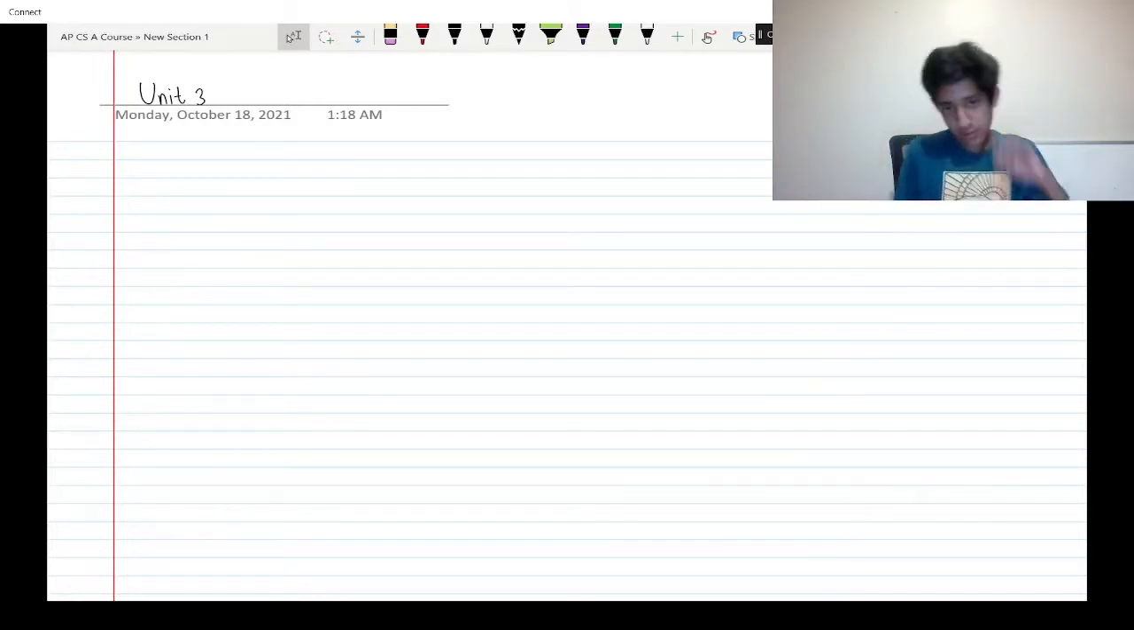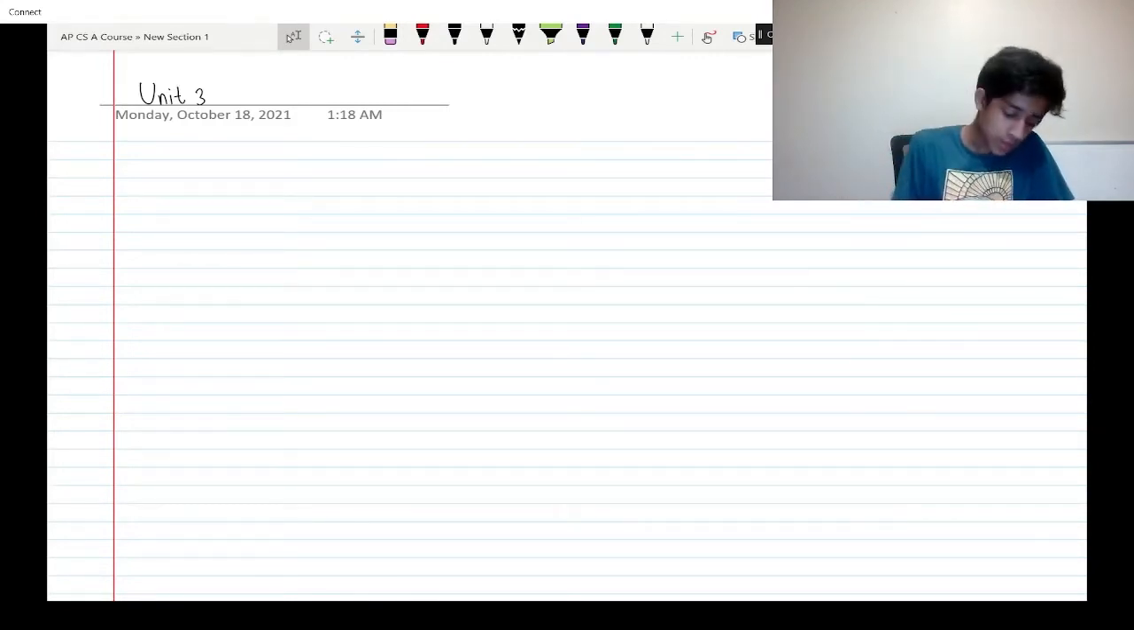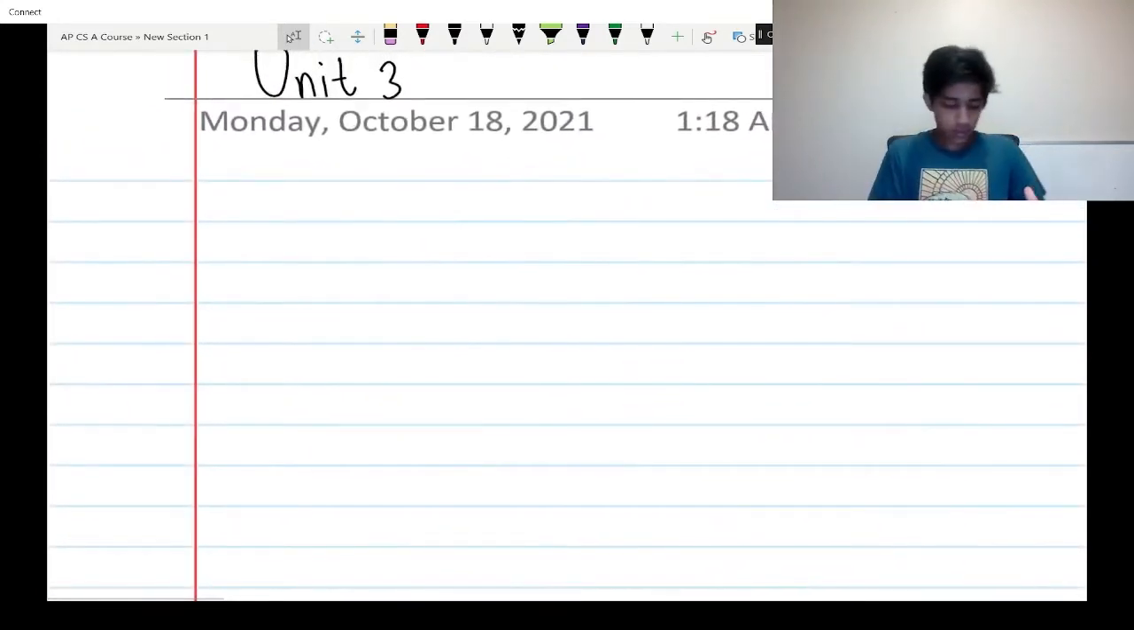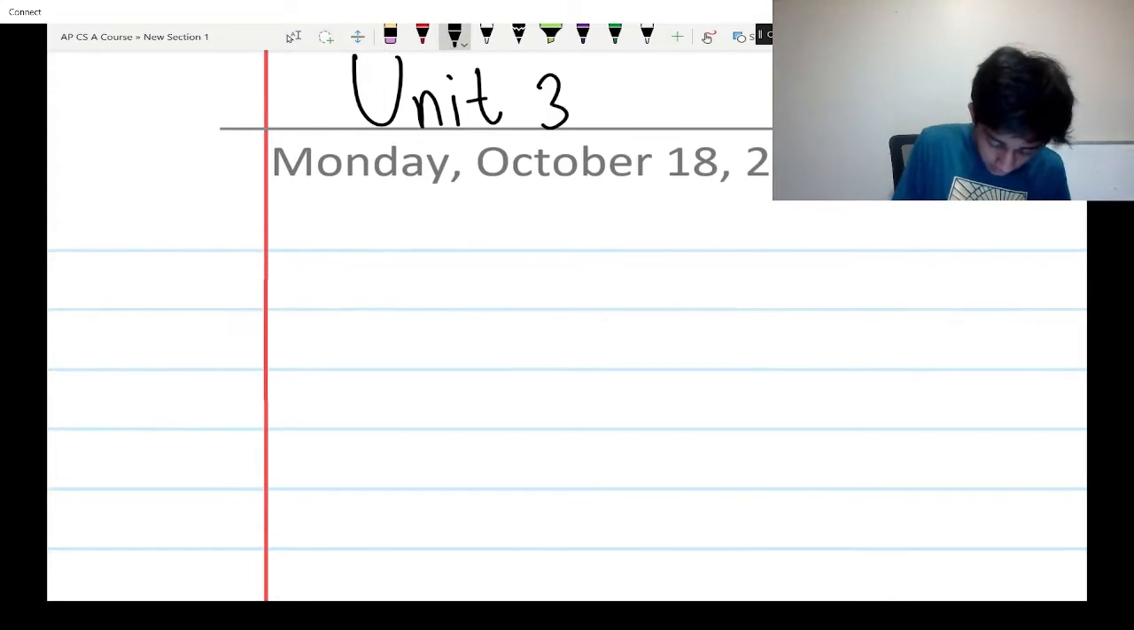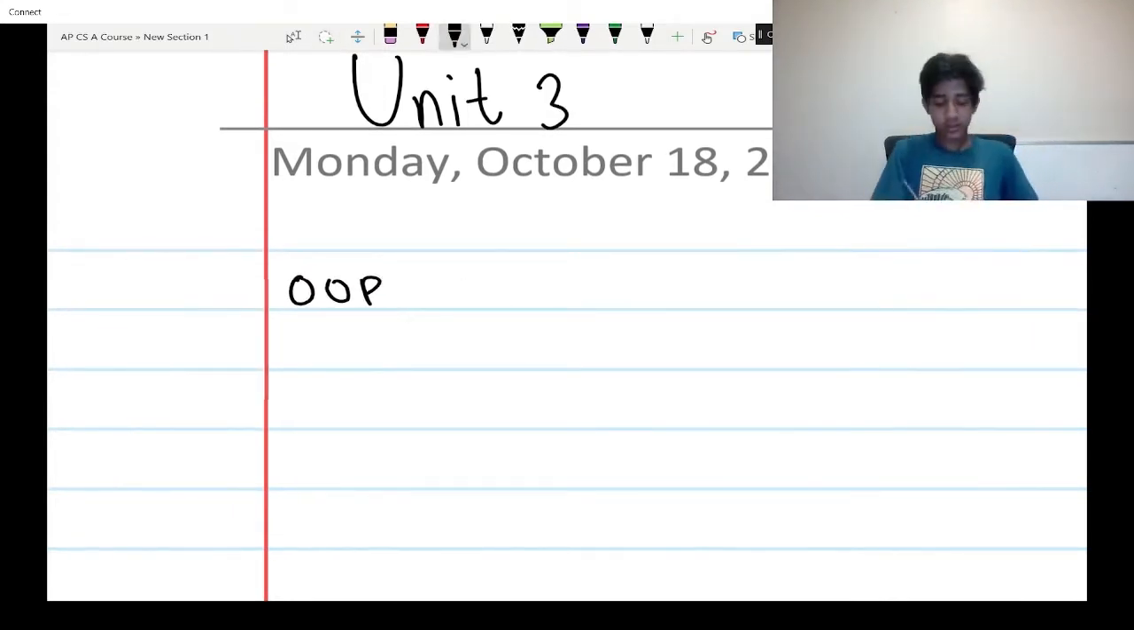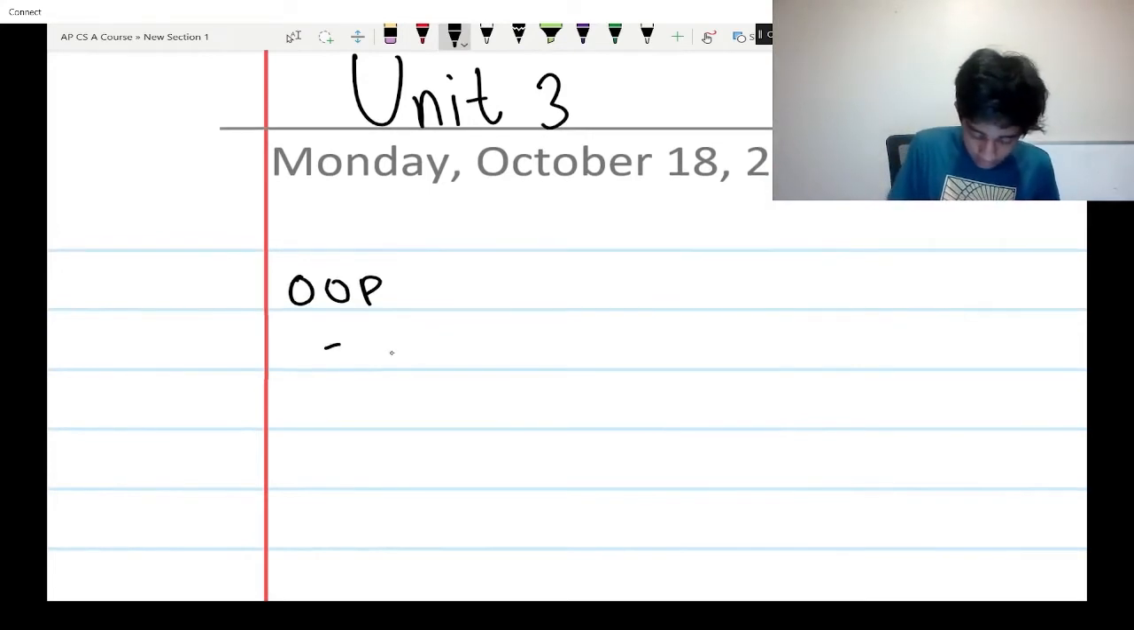Okay, so let's start with Unit 3. Unit 3, the primary concept that we're going to be discussing is classes and object-oriented programming. So let's get straight started with object-oriented programming, what exactly it is. If you haven't heard of it already, object-oriented programming is OOP. We call it OOP. OOP is essentially just using classes,